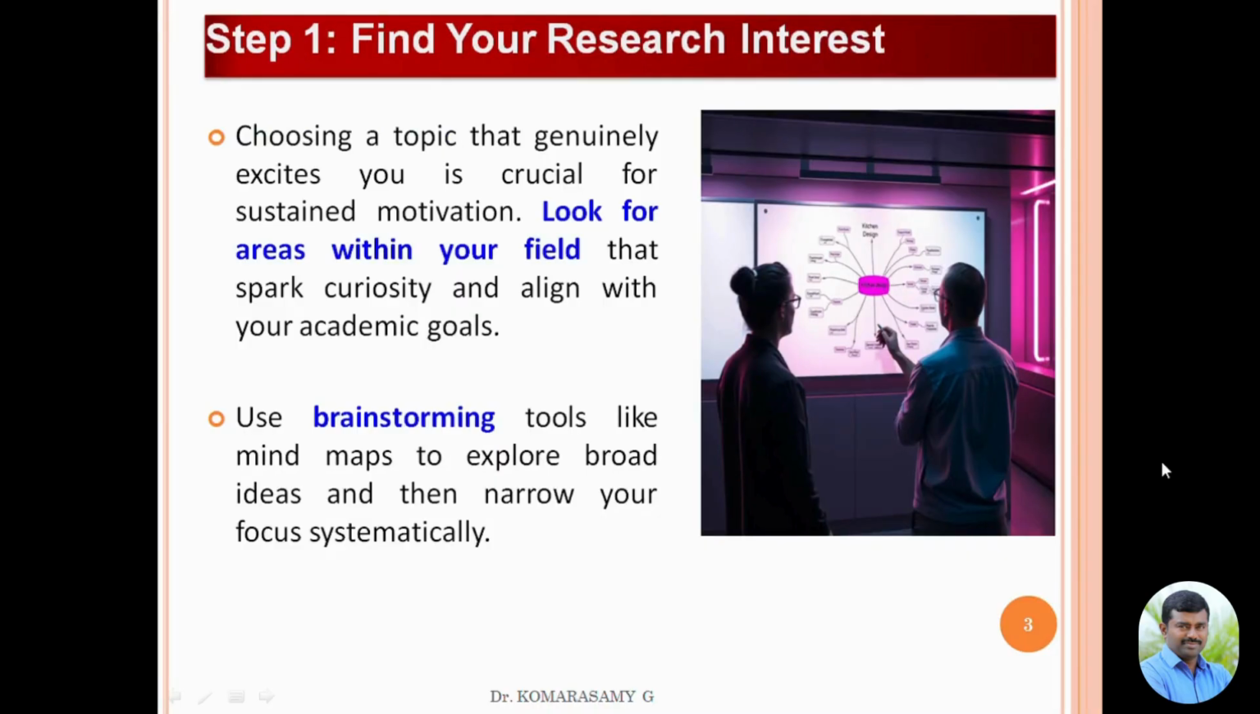Step 1, find your research interest. You need to find which area you want to do research in. Based on your interest, you need to select. Don't do any namesake kind of work. Once you identify your area of interest, you need to find the latest real-time challenges and unsolved problems in your